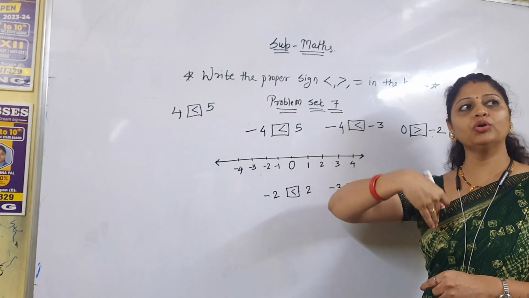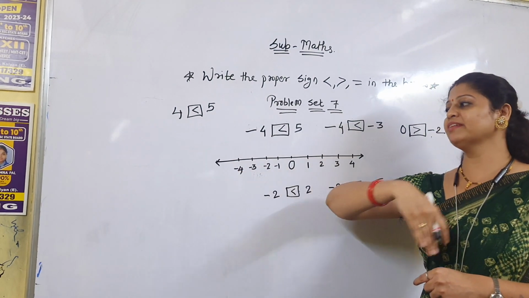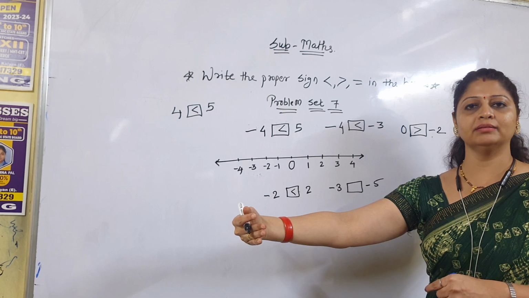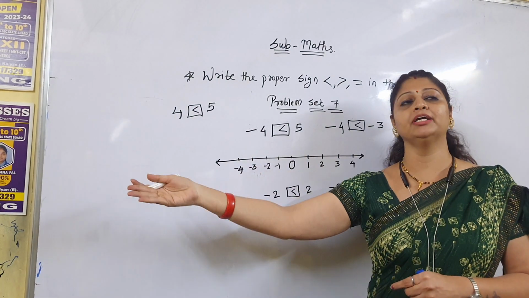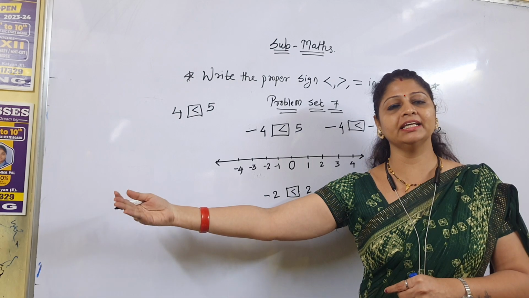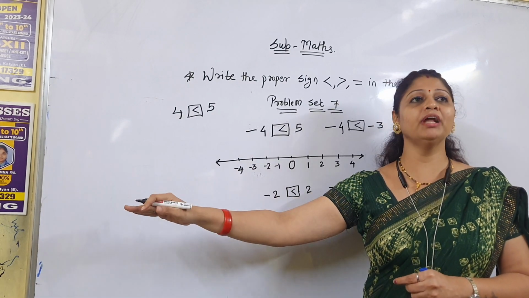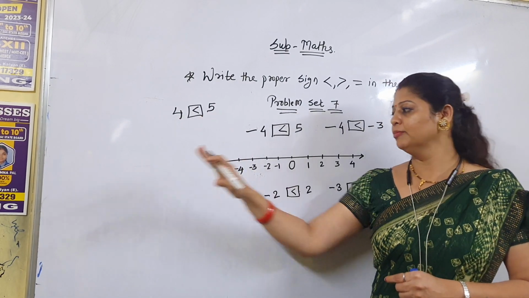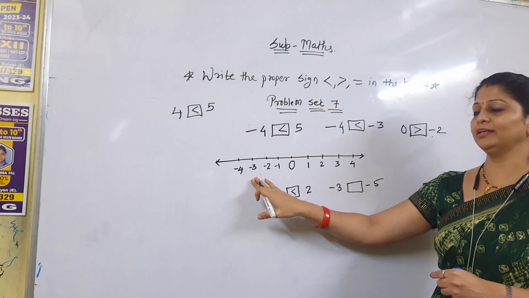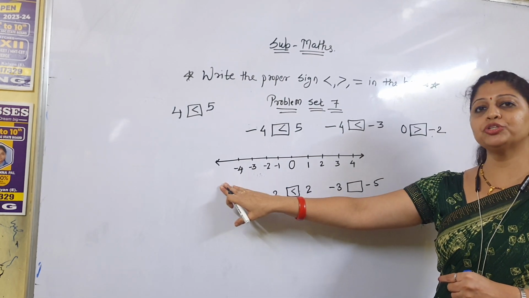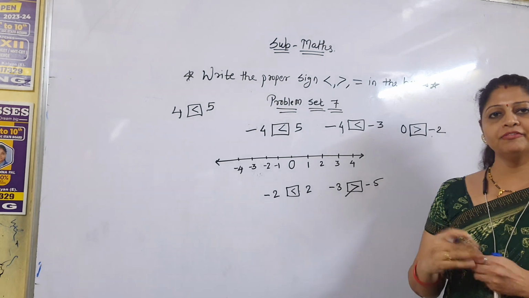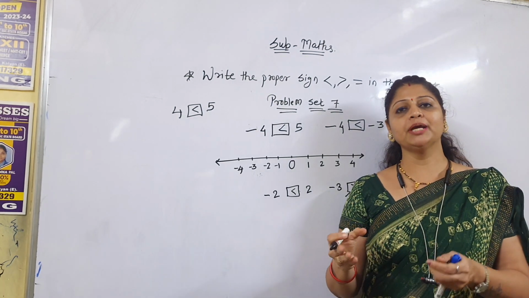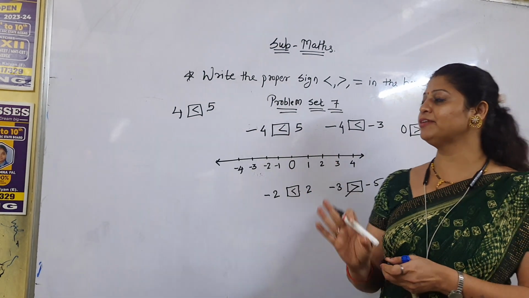तो जैसे जैसे हम लोग राइट हैंड साइड में जाते हैं तो वैसे वैसे जो नंबर्स का वैल्यू है, अगर हम लोग निगेटिव लाइन में जा रहे हैं, मतलब राइट हैंड साइड में, तो जैसे जैसे नंबर आगे आगे जाते हैं वैसे वैसे उसका जो वैल्यू है वो कम कम होते जाता है. मतलब अगर -3 जो है उससे -5 जो है वो बड़ा है, मीन्स -3 इज बिगर देन -5. Understood everyone? Such a type of numbers we have to solve in problem set 7.